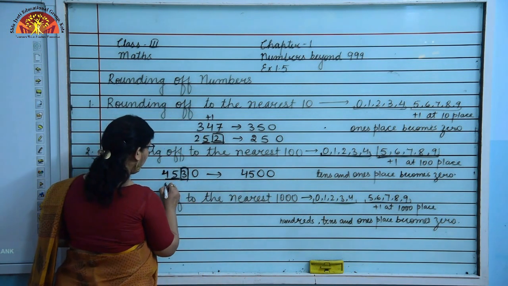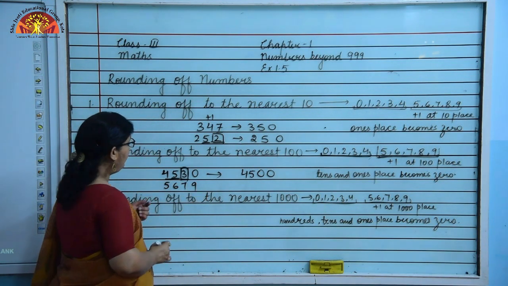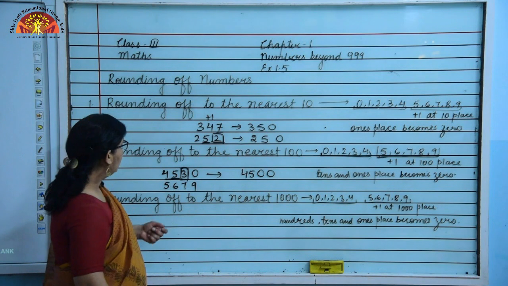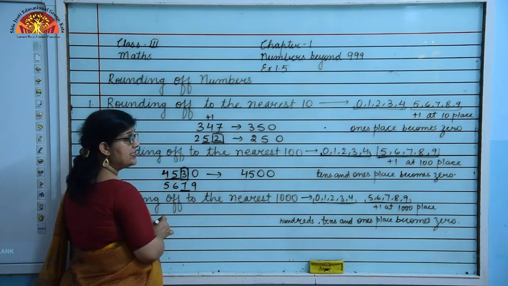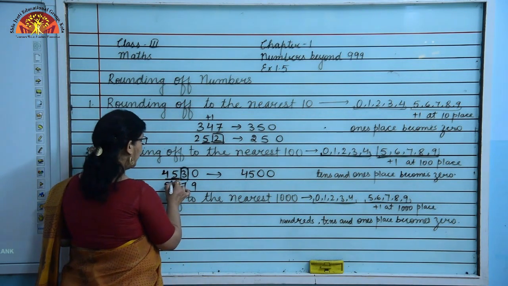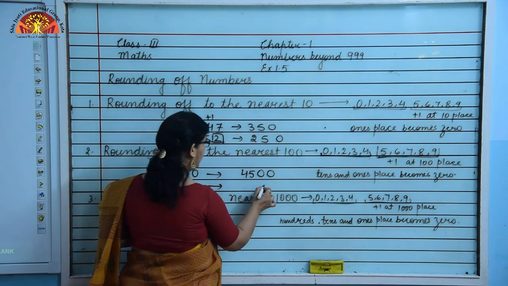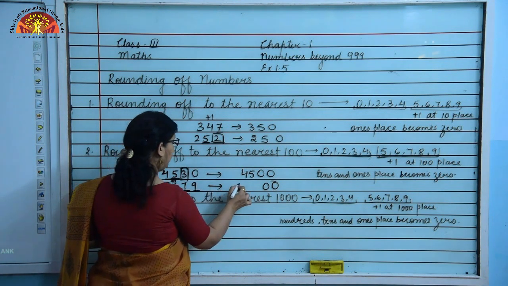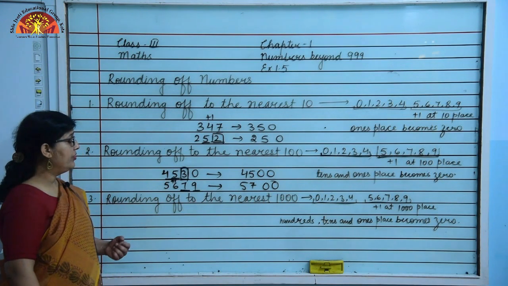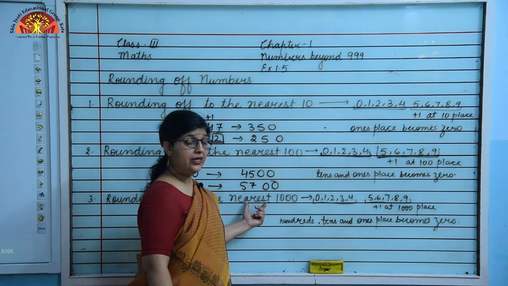Now if we have 5679, then we want to round off to the nearest hundreds. So we observe tens place, it is 7, this is greater than 5. So we add 1 at hundreds place and tens and ones place become 0. So we get number 5700. Now rounding off to the nearest 1000। तो क्या करेंगे हम, सेम रूल्स को फॉलो करना है, बस आपको